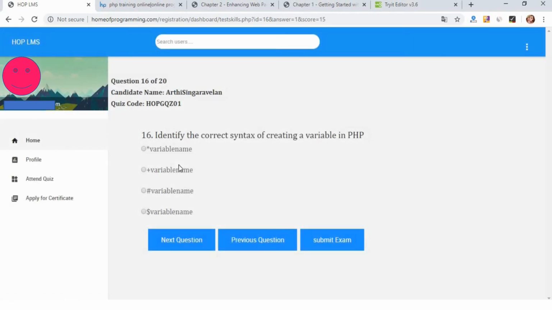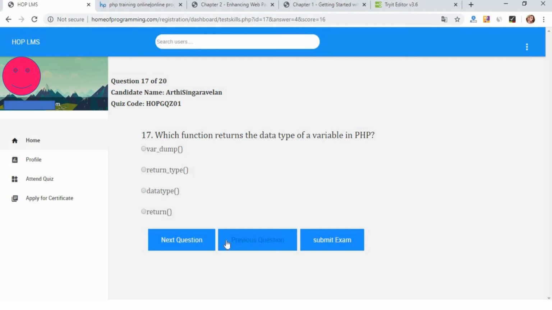Identify the correct syntax of creating a variable in PHP. In PHP, a variable name should be prefixed with the dollar symbol, right? Which function returns the data type of a variable in PHP? PHP is a loosely typed language which doesn't require a data type when we declare a variable.